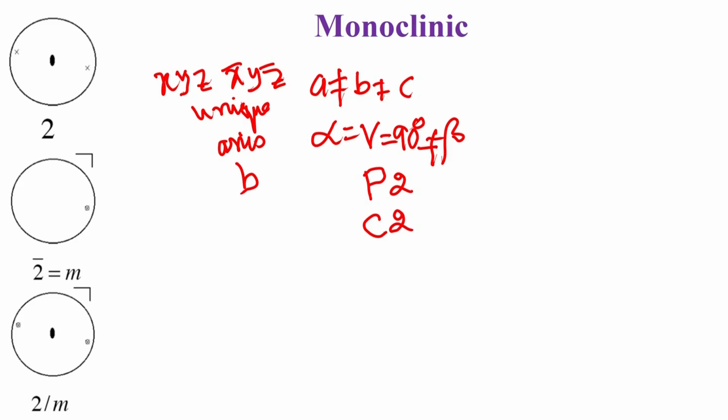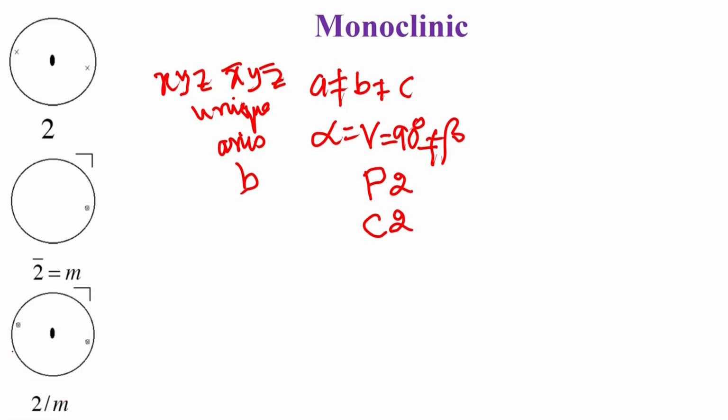Now, here is a situation where we will introduce how the equivalent points get generated when you have a C centered lattice. I think it is better that this is described in terms of understanding the Bravais lattices rather than just writing down the values here. At this moment, this is all we have to note, but we will clearly derive it with respect to the understanding of the lattices and the types of lattices we can have in a given crystal system.